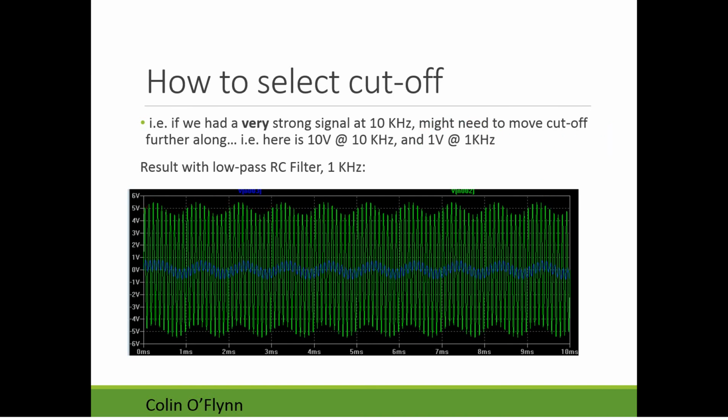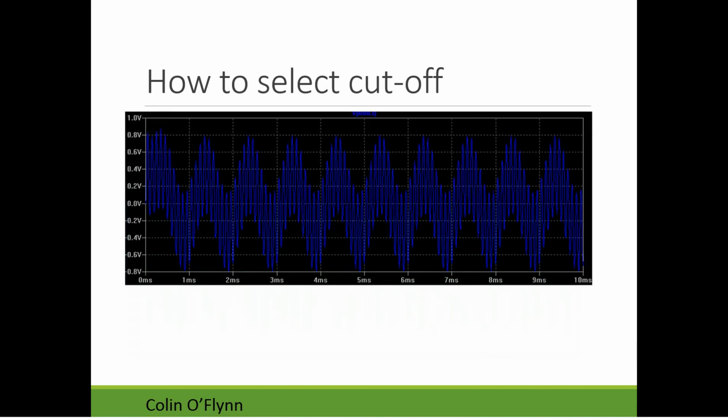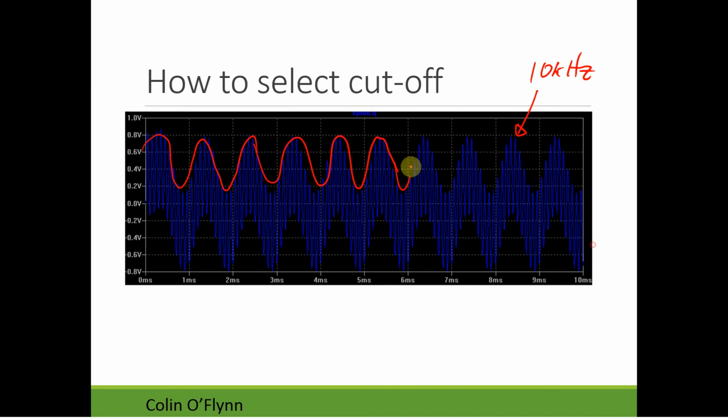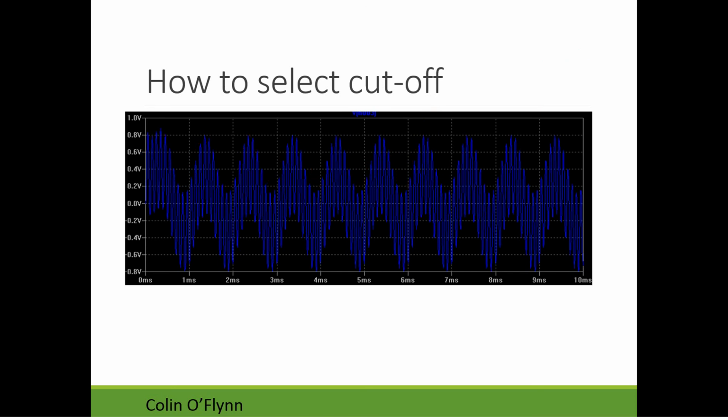The problem is that the output of the filter, in light blue here, hasn't sufficiently reduced that 10 kilohertz signal. It's still very prevalent in our output. It's not remotely as bad, and now the 1 kilohertz signal is of a similar amplitude to the 10 kilohertz, maybe a little more, but there is still quite a bit of that 10 kilohertz noise.